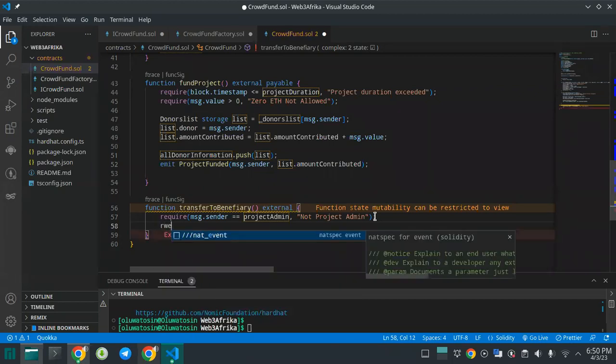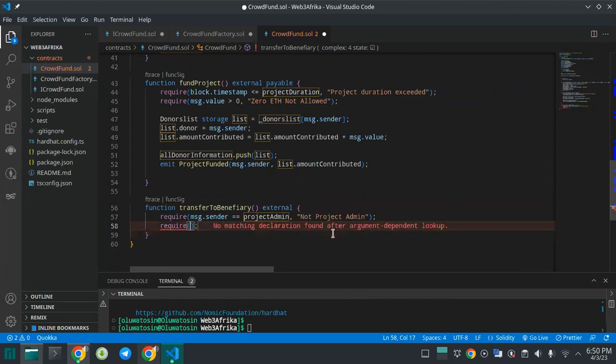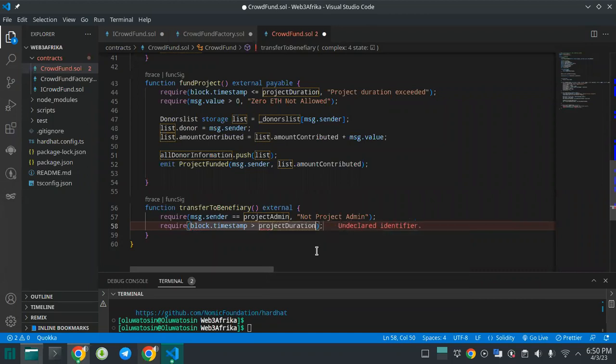So you require that block.timestamp right now is greater than project duration, else